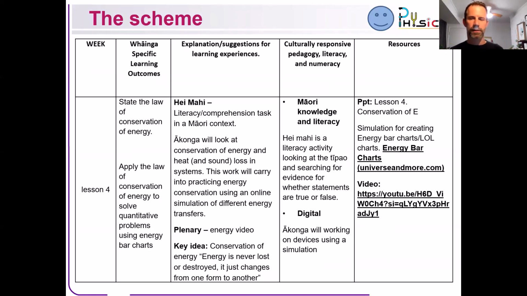You'll see on the far side, it'll go in logical order in terms of the actual lessons, just saying lesson 1 all the way through to the end. But those magical little optional lessons are jammed in there, and they actually say where you could put them. It says what the specific learning outcomes are for that lesson. They are basically the ones provided by NZIP / the government. Occasionally there might be one or two others, but mainly those are the ones given. There'll be a hei mahi, bit of details about what the student or the ākonga will actually learn during that lesson.